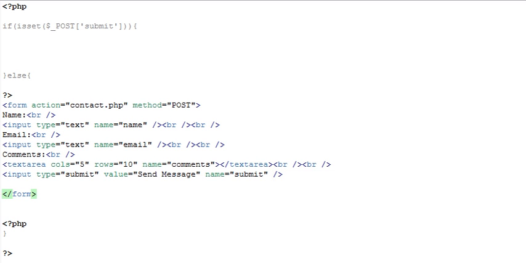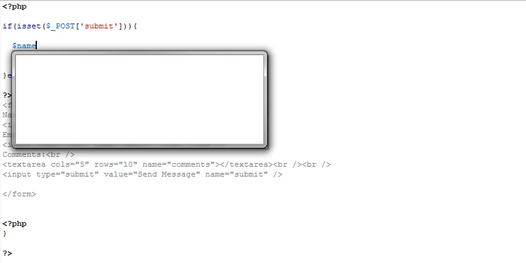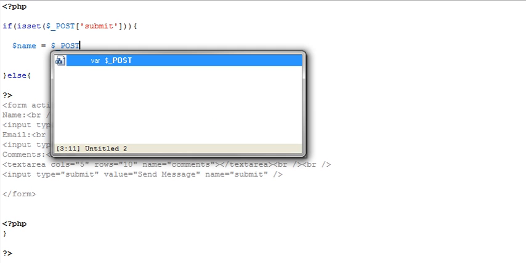And that is it for our HTML side of things. So we can go back up to our PHP, back up to the if statement that we created earlier, and we're going to set some variables up. You can clean these variables out as well, but since nothing's going into a database, it doesn't really matter all that much. So we can set our name to